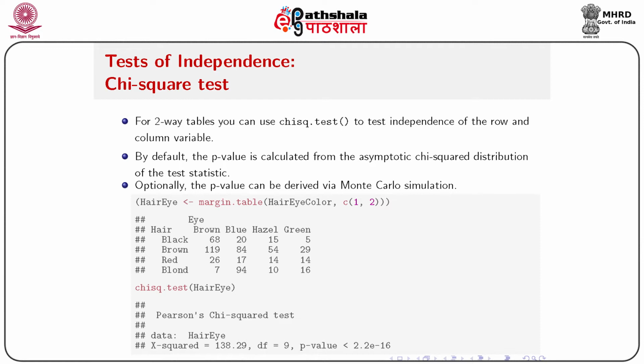Next, we will move to test of independence, the chi-square test. Start with the chi-square test. For two-way tables, you can use the chisq.test function to test independence of row and column variables. By default, the p-value is calculated from the asymptotic chi-square distribution of the test statistic. Optionally, the p-value can be derived via Monte Carlo simulation, which you can specify while calling that function. For example, suppose here I